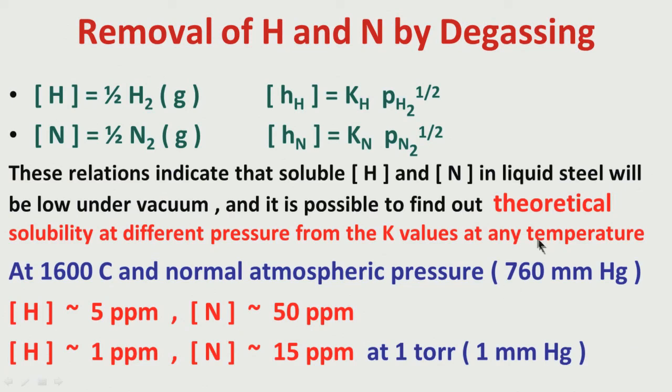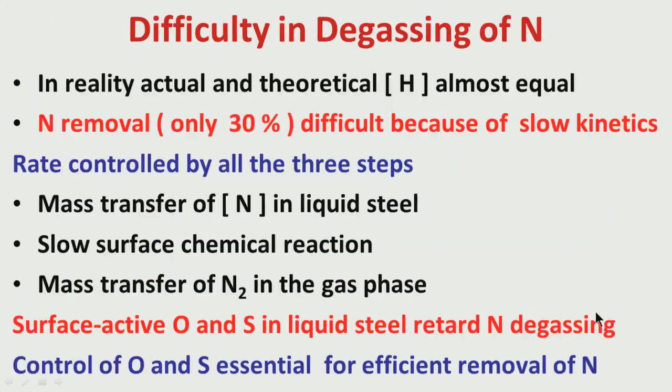But I have talked about the theoretical solubility limits, and I have given you some values from the theory, what should be the level. But then I have also talked about that for hydrogen more or less the theoretical limits can be achieved, but for nitrogen the amount of degassing is not good, is only to the extent of 30 to 40% because of the kinetics, because the mass transfer of nitrogen in liquid steel is slow. The reaction at the surface interface between liquid steel and gas is slow,